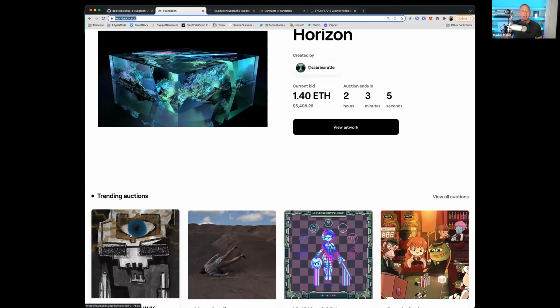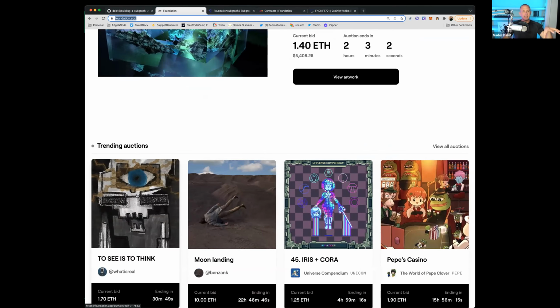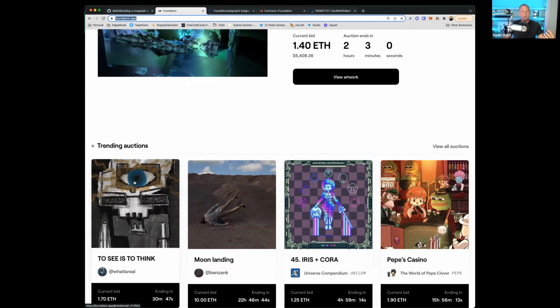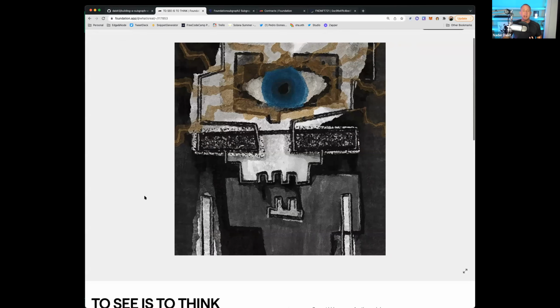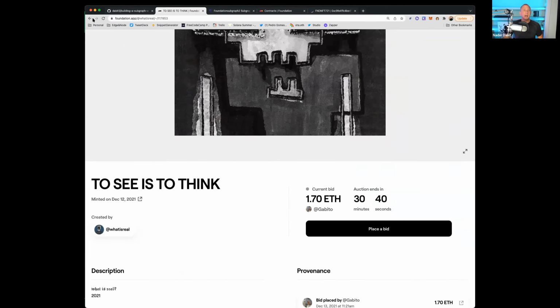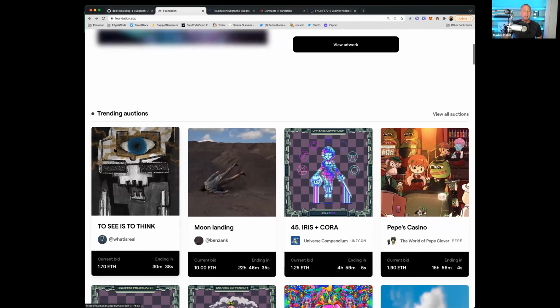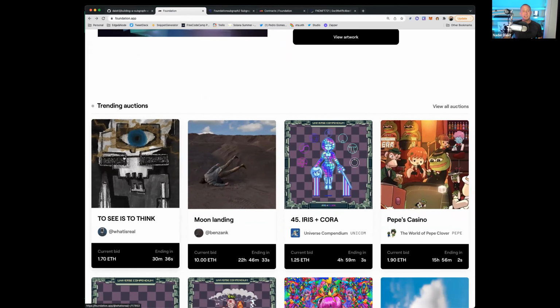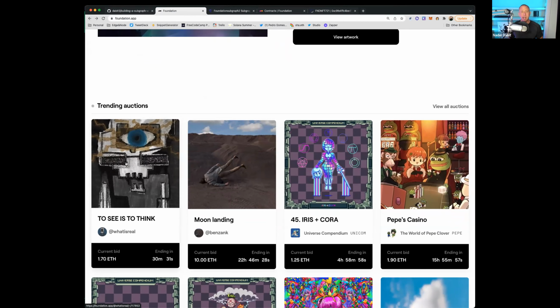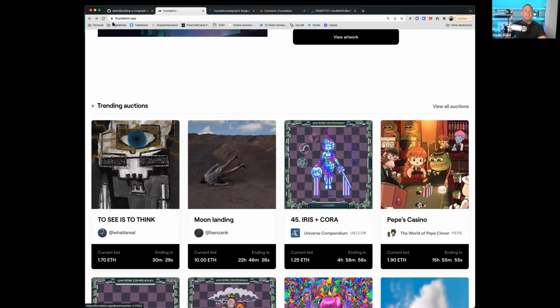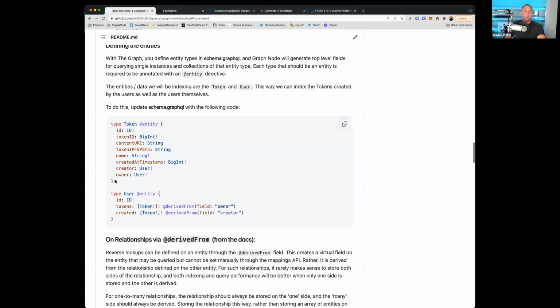Well, we automatically see these entities like this. You could think of this as an entity. This is a token that has a picture, a description, a price, and all this other metadata around it. So for each of these pieces of art, we might say this is going to be a token, and then the token has different properties. So we can just say we want a type of token, and then have the different fields on that token be the different metadata that we want to save.